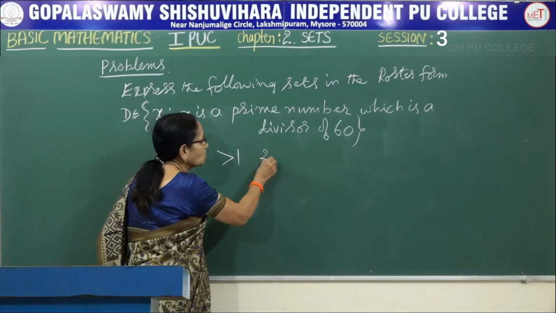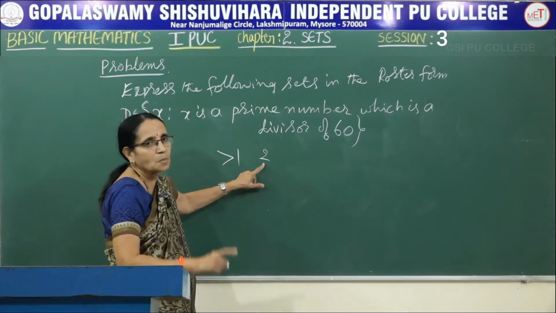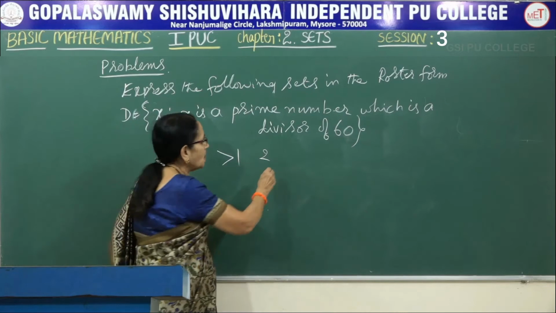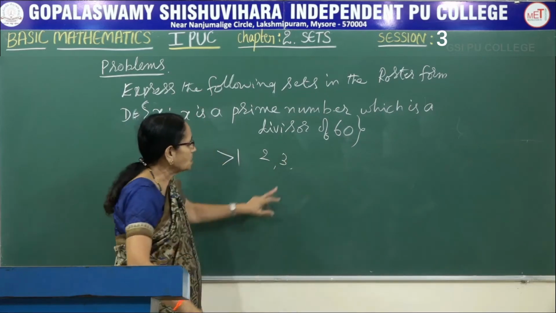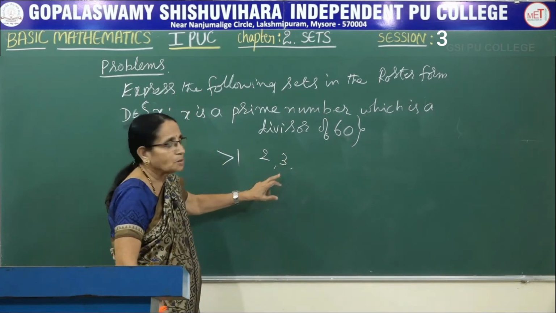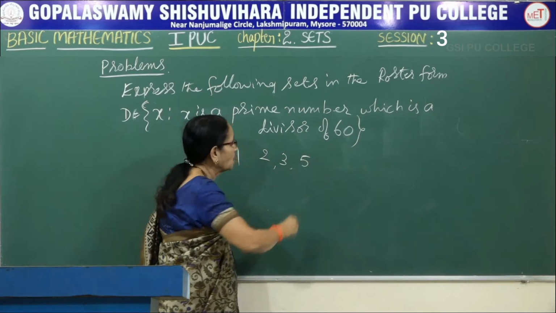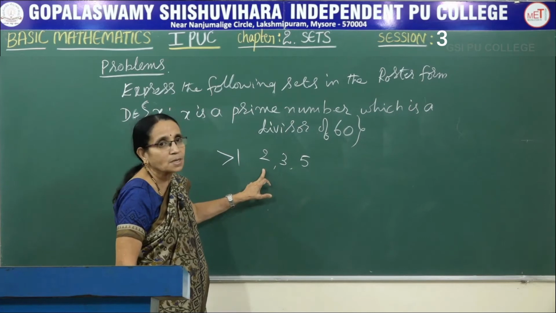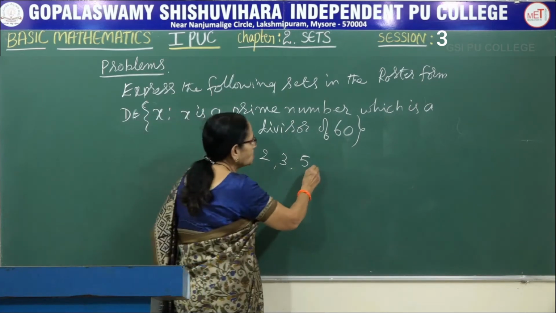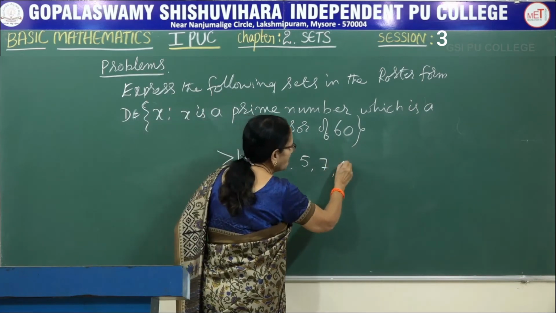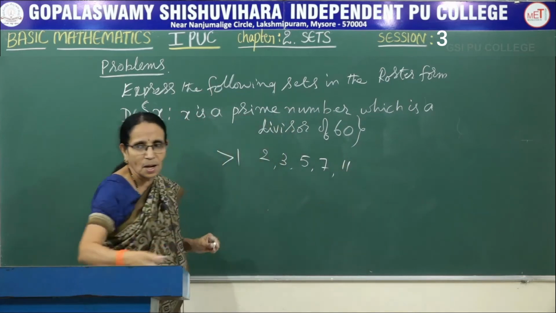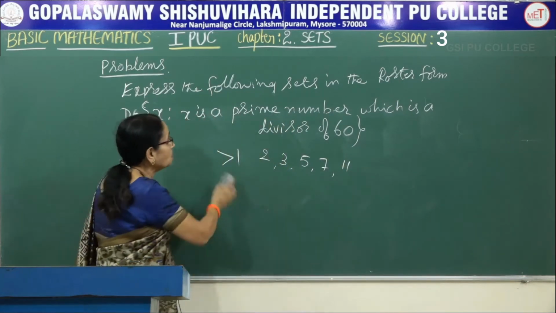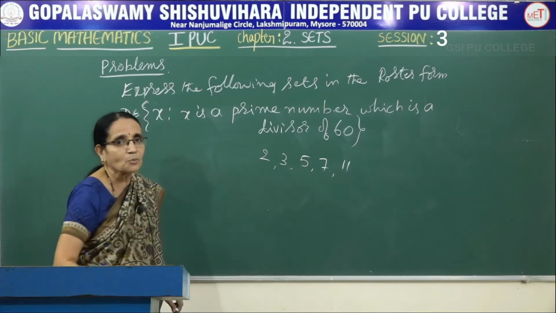Now you take the number 2. It is greater than 1. It can be divided by 1 and 2. And take the number 3. It can be divided by only 1 and 3. If you take 4 in between, it is divisible by 2 also. So we cannot call it a prime number. Next number is 5, then 7 and then 11, like that. These are called the prime numbers. So we will be having an infinite number of prime numbers.